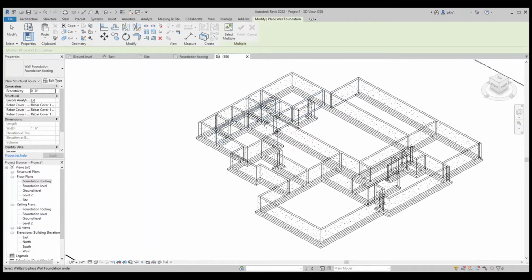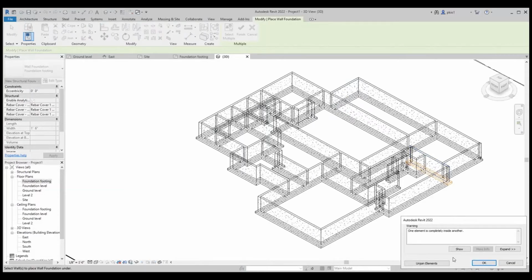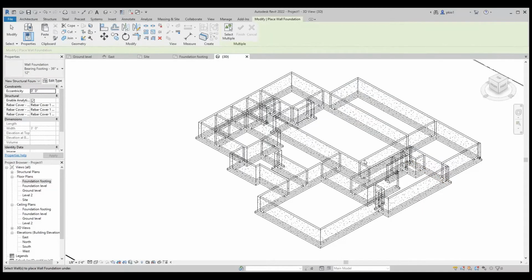This doesn't have a footing. This doesn't have a footing. If it's blue, it doesn't have a footing. So cancel. So we already have a footing. And we're done with footing.